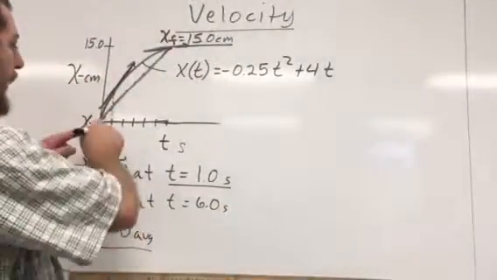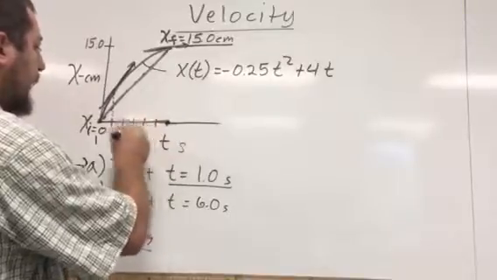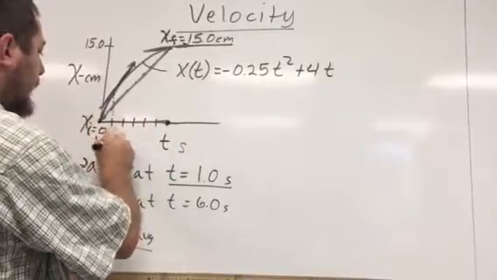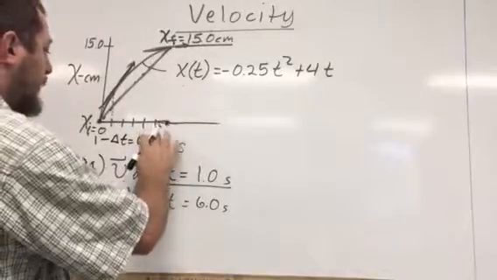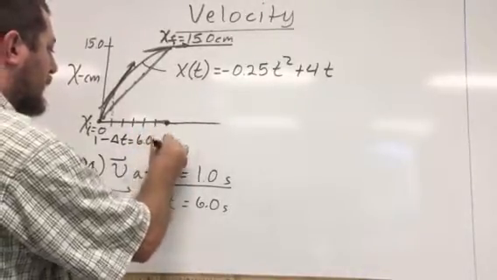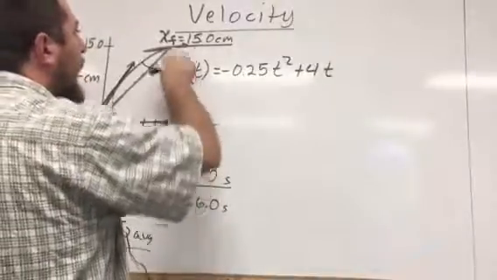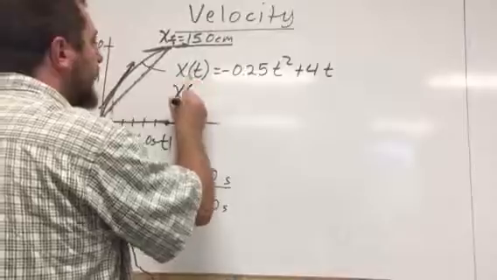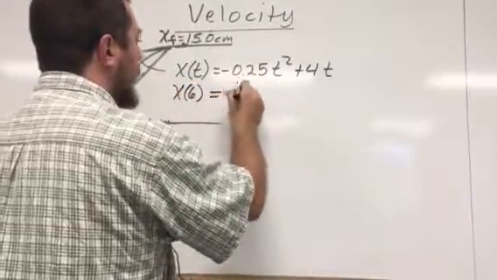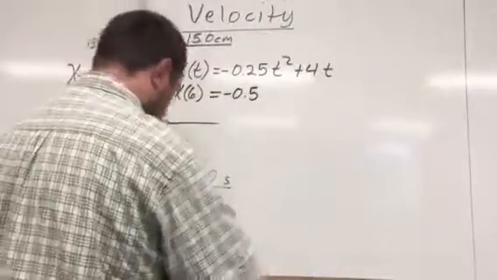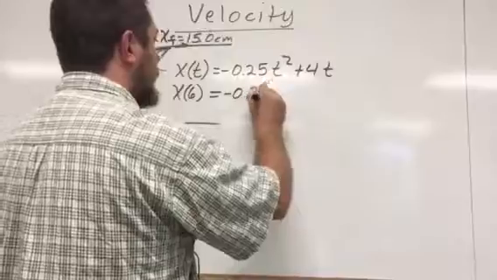So what I need to do now, over the entire trip, my time interval is 6 seconds, right? So delta t is going to be 6.0 seconds over the course of the entire trip. And so xf is going to be what my position is as measured at 6 seconds. So if I plug in 6 seconds into here,